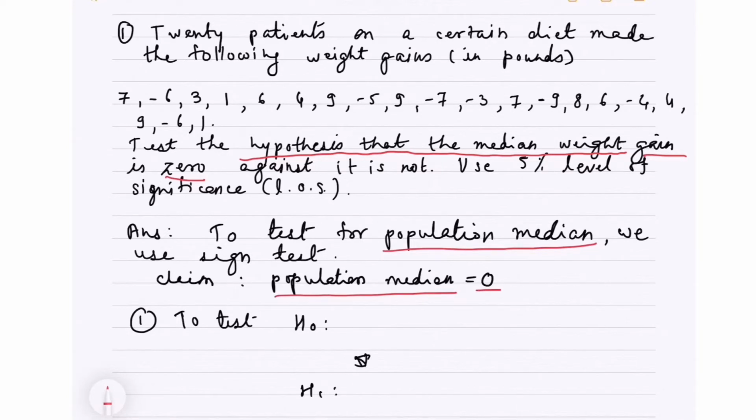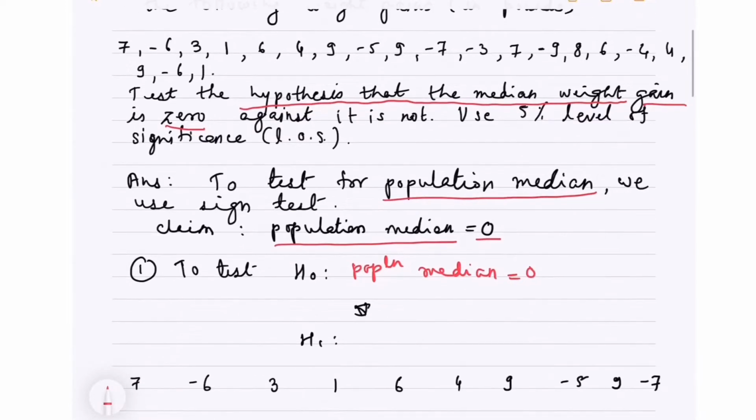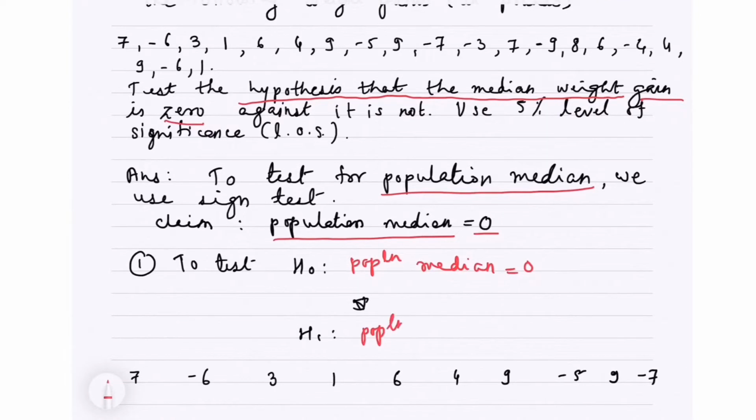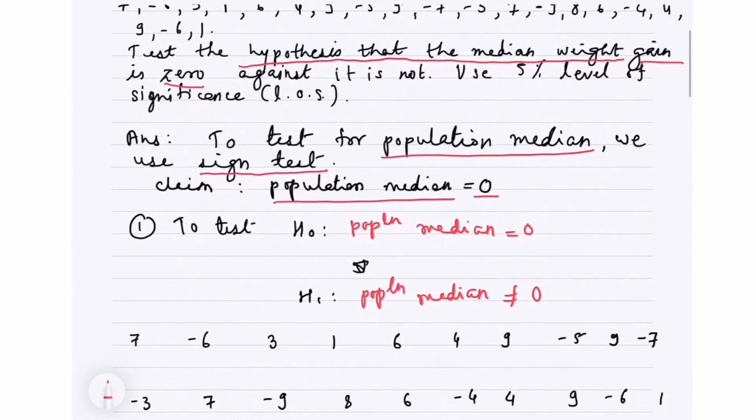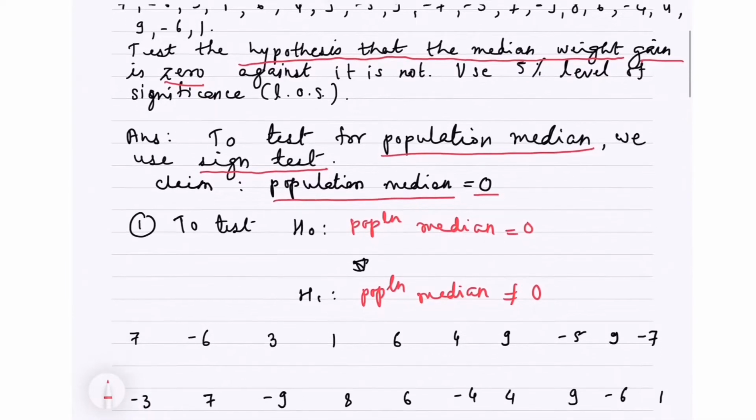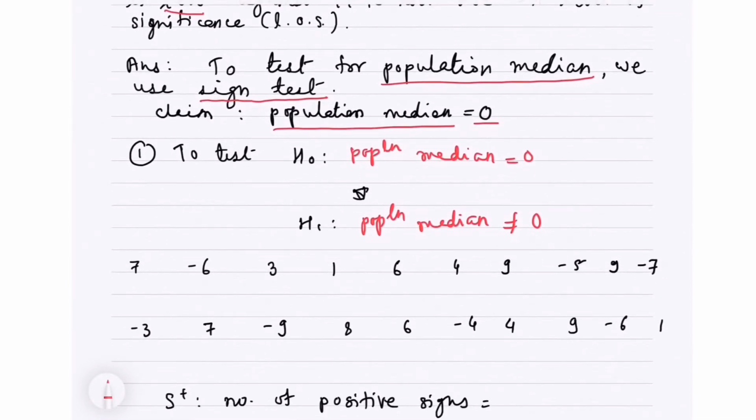Hence, the first step we always write is to test H0 versus H1. Here H0 will be population median equals 0 versus H1 population median is not equal to 0. To test for population median, we use sign test. So first, we will write again the given sequence of numbers and we'll go on giving the